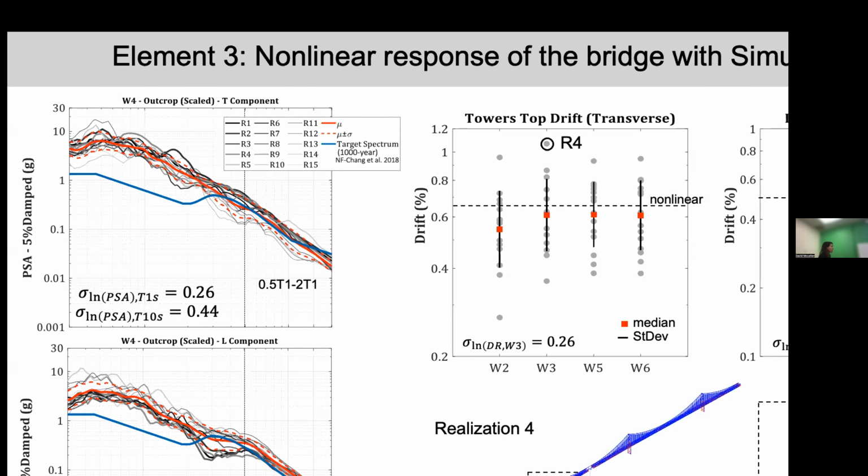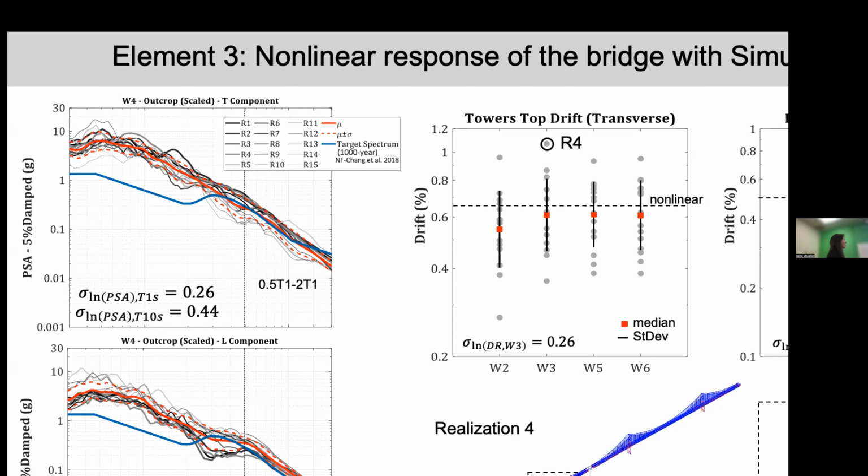And in this spectrum, we're also incorporating the near field effect modification factors, which, as you can see, really just pull up the accelerations at long periods. And here on the right, I'm showing the distribution, the statistics of the structural response. We're looking here at the tower drift in the transverse direction, which will be the in-plane direction for the towers, and here the deck's central drift in the transverse direction again, which will be the out-of-plane for the